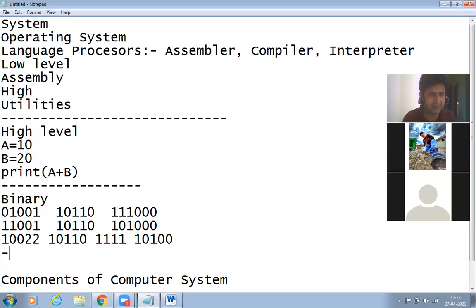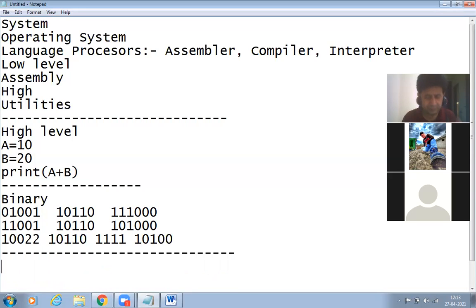So this is binary language, and it is very difficult to remember. After binary language, there was assembly language, in which some codes were replaced by symbols. For example, the code for A, like 0 1 0 0, then the equal to sign, then 1 1 1 triple 0, it means A is equal to 1.